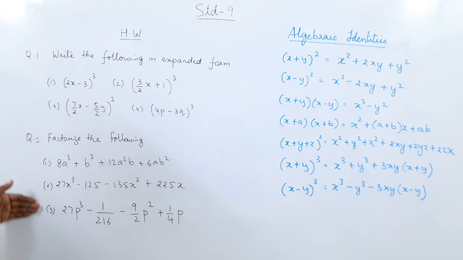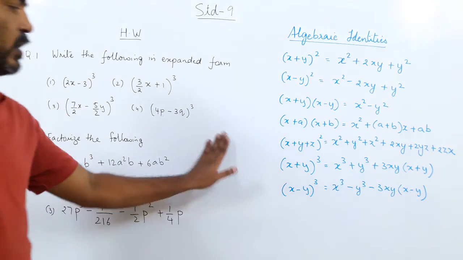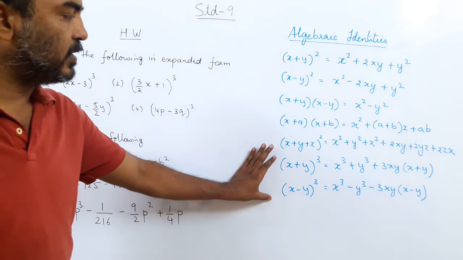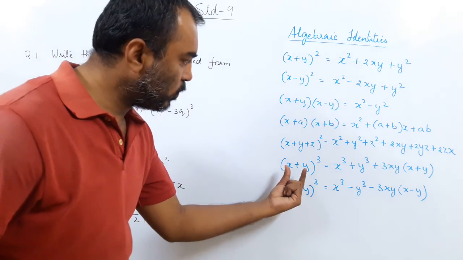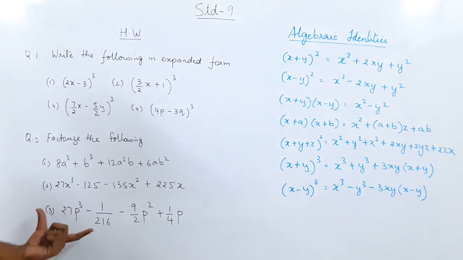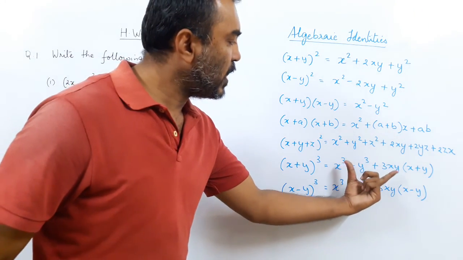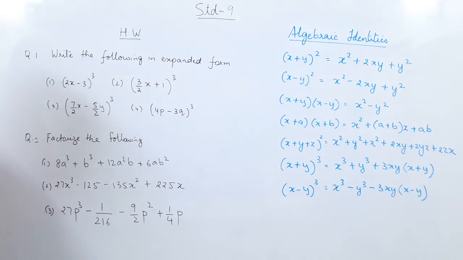And the second is the factorization using these two identities only. So today we are sticking only to these two identities. The first part is the expansion. I will use this formula and expand it into this. Second part is the factorization, written in special form. How will you rearrange and factorize back into this? So that is all we do for today.